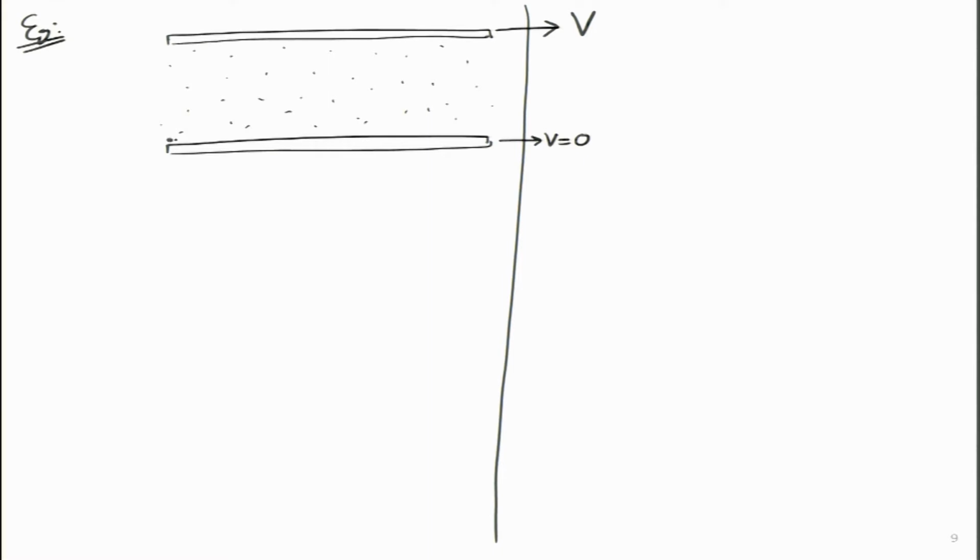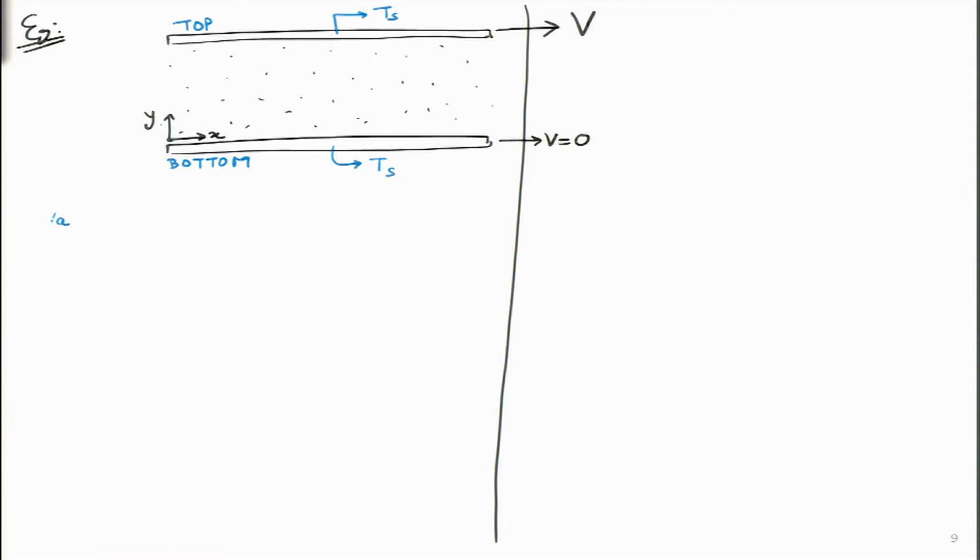I will put the coordinate system over here. So, this is my x direction, this is my y direction. Both the plates are maintained at some constant temperature Ts. So, I will call this the top plate, this is the bottom plate, both are maintained at a uniform temperature Ts.